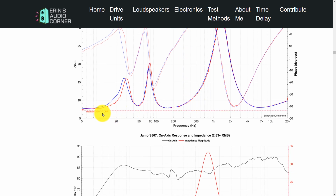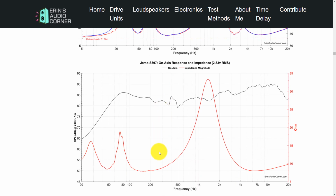One thing you can note here is I've labeled the minimum load at 7.1 ohm, and that's down here. It's actually below 5 hertz. For the most part, the speaker is 8 ohm or above. No problem for a standard AVR or amplifier to drive this load. This is the impedance at 2.83 volts